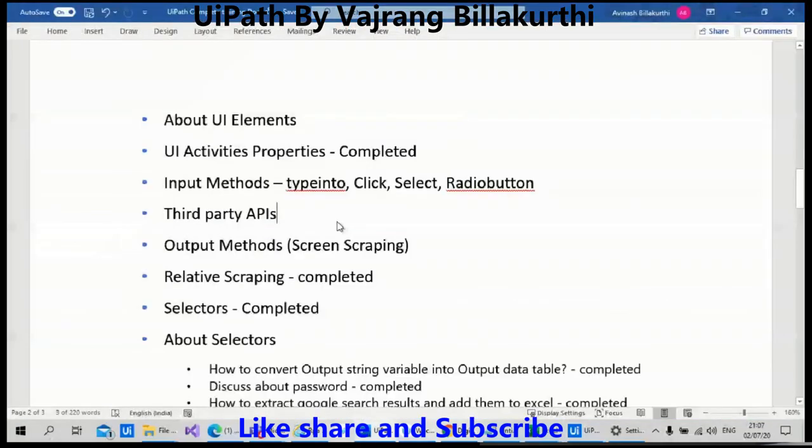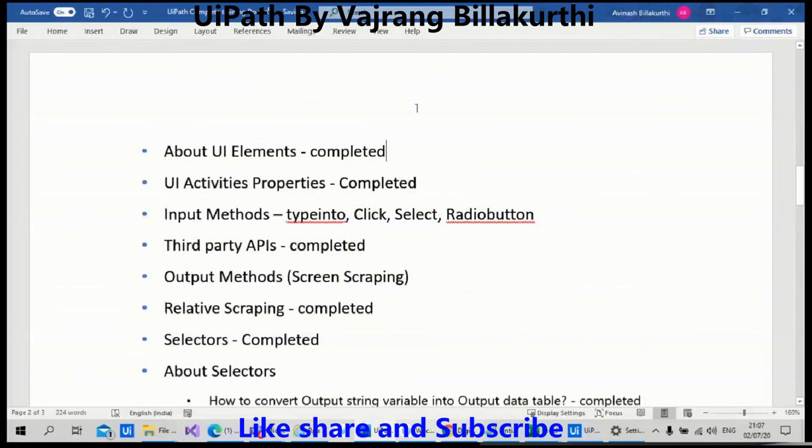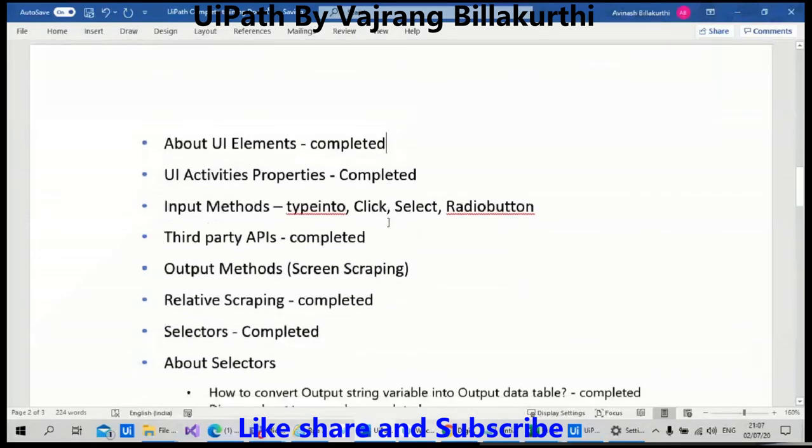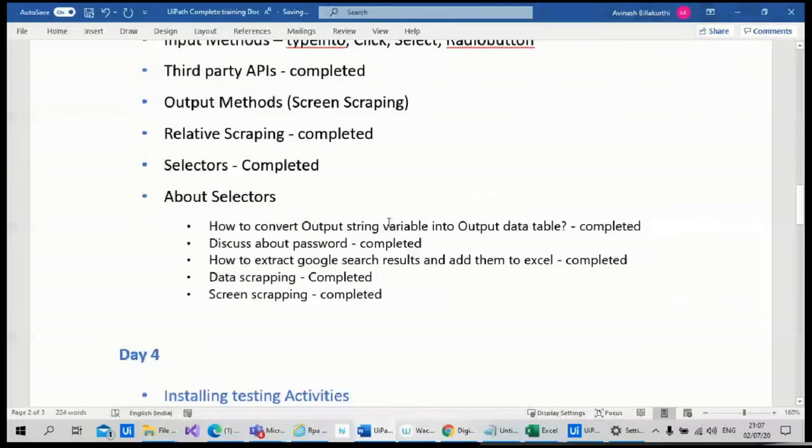Let's go back. We completed this. About UI elements, we completed. So, okay, we completed everything that we want to complete in today's